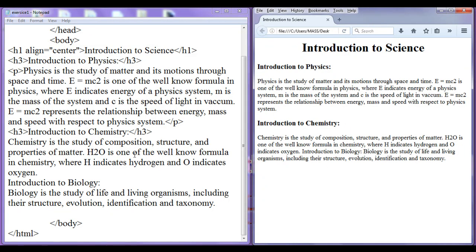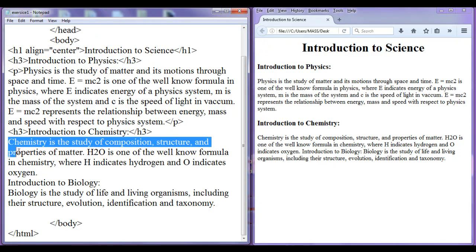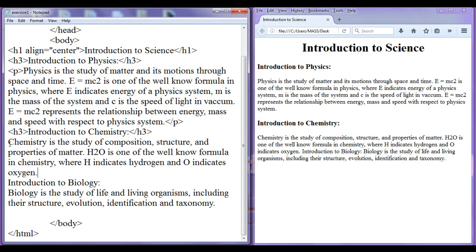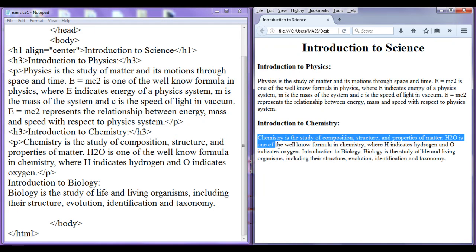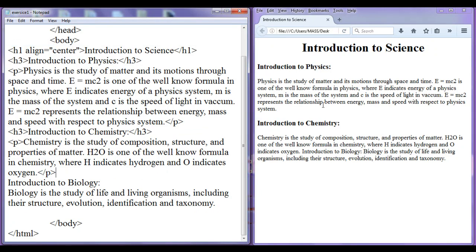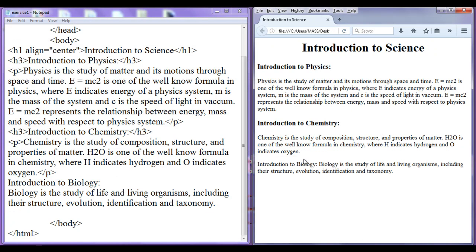on its own line. Similarly, this chemistry information is a paragraph, so I am going to use a P tag over here, and after this oxygen I am going to add a closing P tag. We know that the P tag is a block level tag, so whatever content we have after the oxygen full stop is going to be moved to the next line. File, save, go to browser, refresh. You can see that the content moved to the next line and we have one space between the paragraphs,